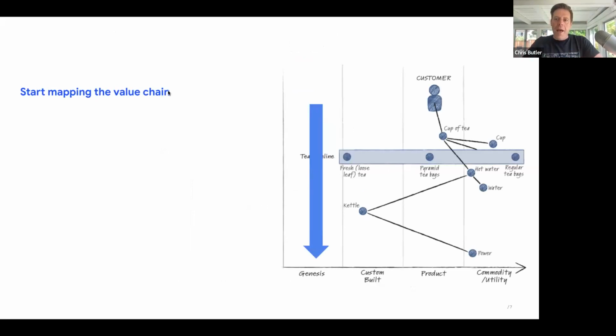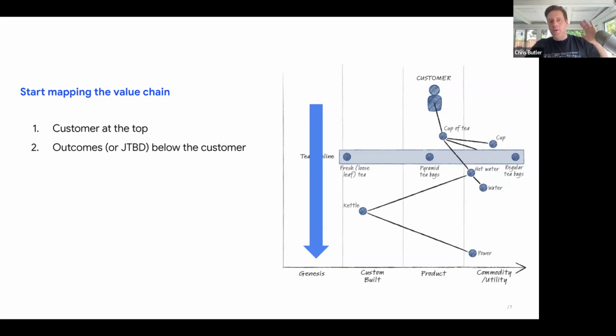And so I think when we start mapping this value chain, and this is going to be something that I'm going to ask everybody to do in about 5 minutes or so, I'll send you a Miro board and everybody will have their own map that they can start to create around a particular scenario that we're going to talk about. But you end up mapping usually at first from customer all the way to the furthest thing away from the customer. So kind of from top to bottom.